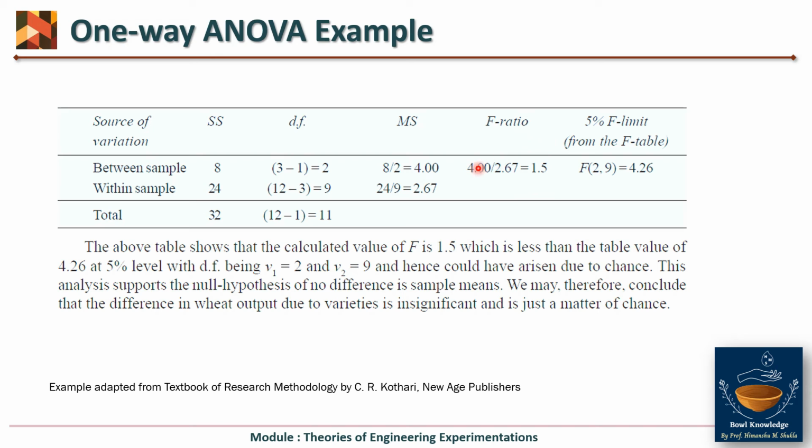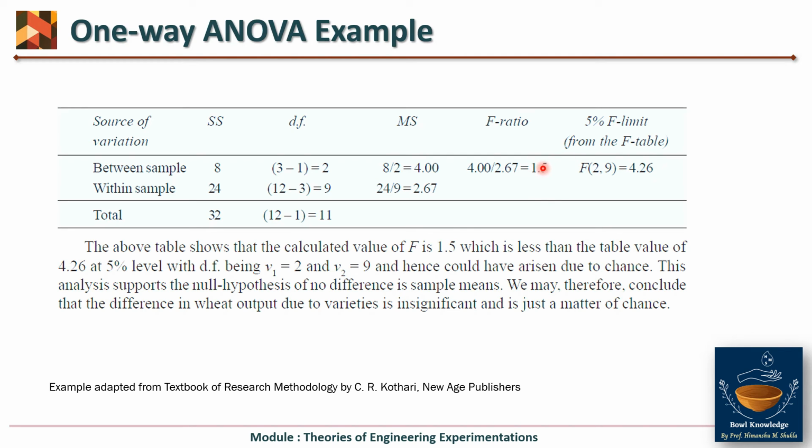Now how to compare with the reading from the table is yet to be discussed, right? So you will get this F ratio from your data, but what is the standard F which is required for comparison? This comparison is on the basis of degrees of freedom. Your degrees of freedom are 2, 9. So you have the F table for degrees of freedom 2, 9. You get the reading of 4.26 from the table. This 4.26 is now your standard F. And what is your calculated F?